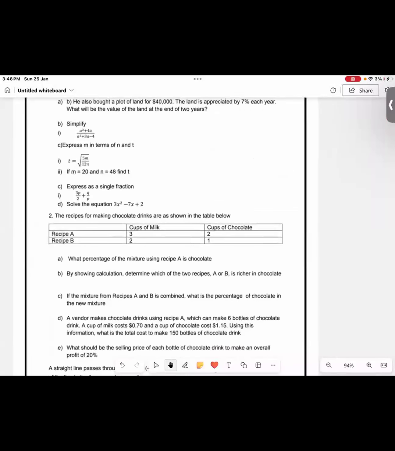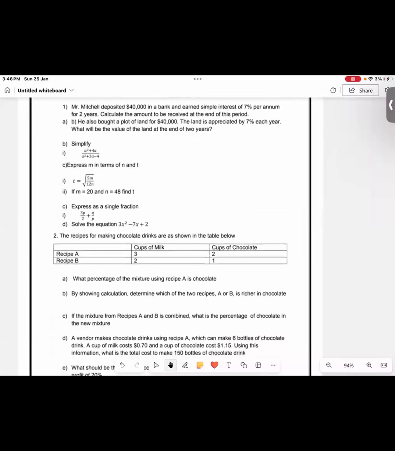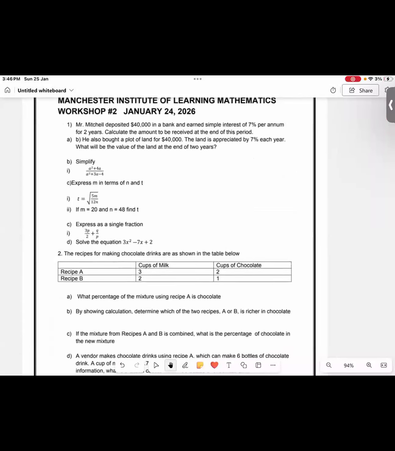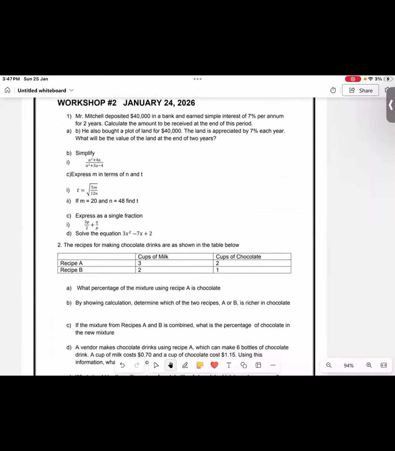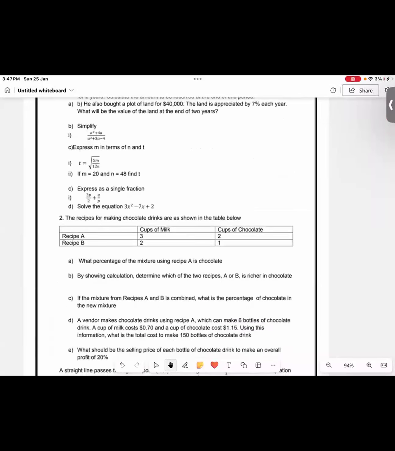We have another algebra question, which I don't think you guys have gotten to this stage as yet. So I don't think you will be able to work number 1. You can work 1A, but I don't think you are able to do B and C as yet. I know you can work the C part down here, because I taught it in class. And you haven't learned this one as yet.